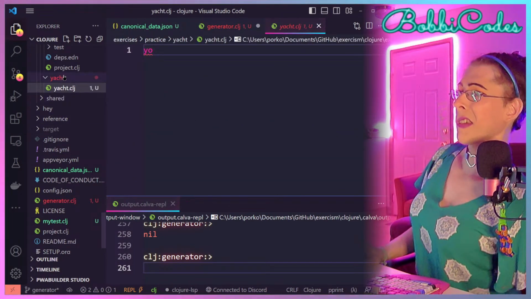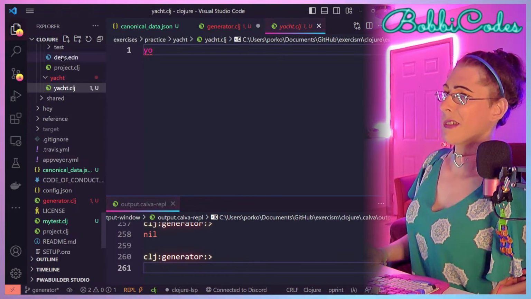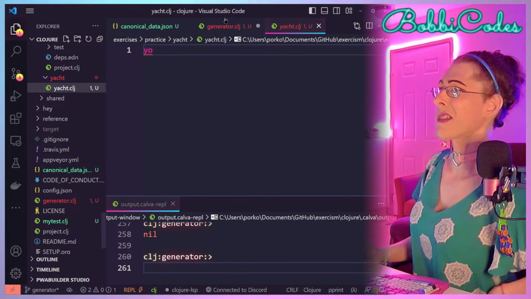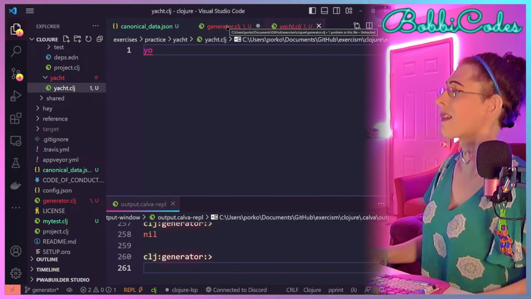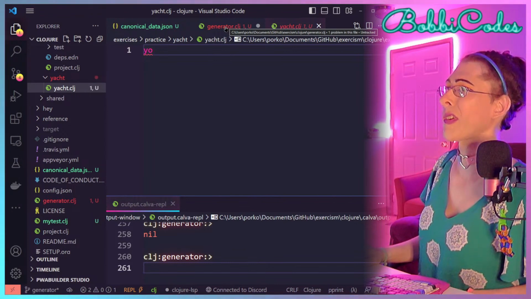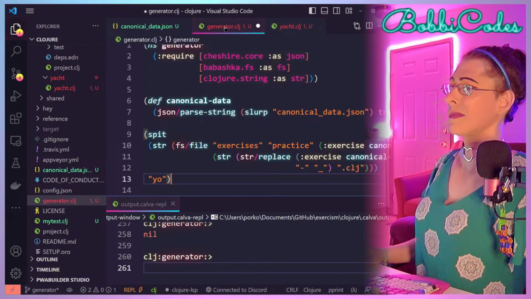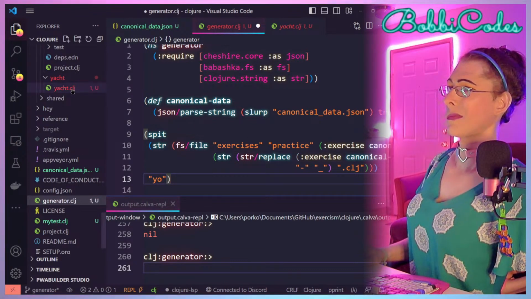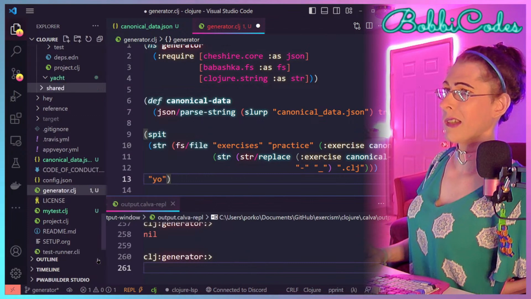This is supposed to go in source. It needs to go in the source directory. So that means we need to create the directory first. I'll delete that.